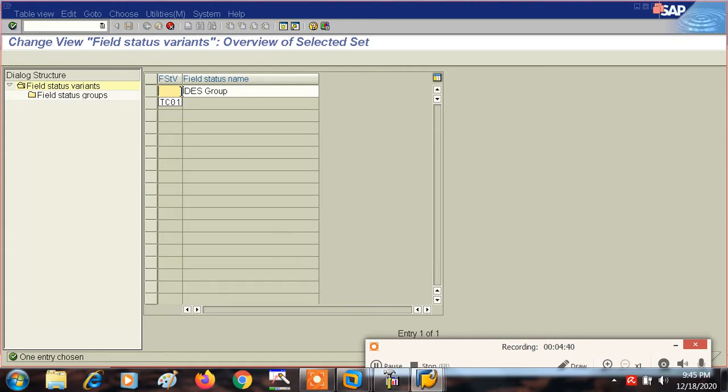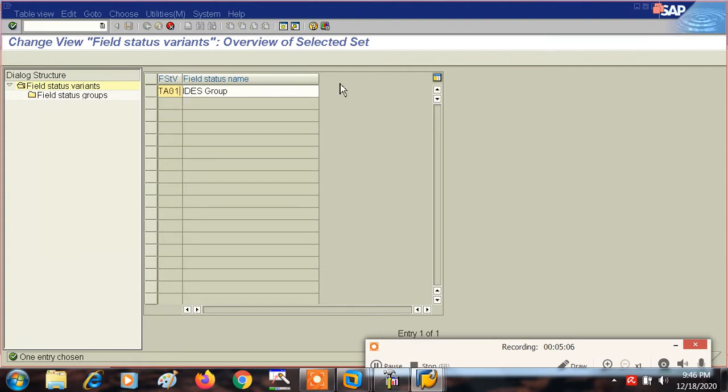It's not necessary that if the name of our company code is TA01, then we have to write TA01 itself. No, this is not important. You can give any name according to your requirement, according to your wishes. Just in order to remember, I'm going to give the name TA01 to the field status variant.